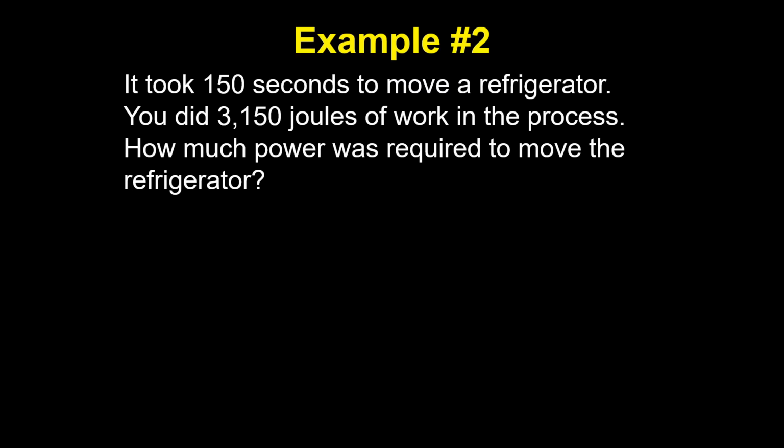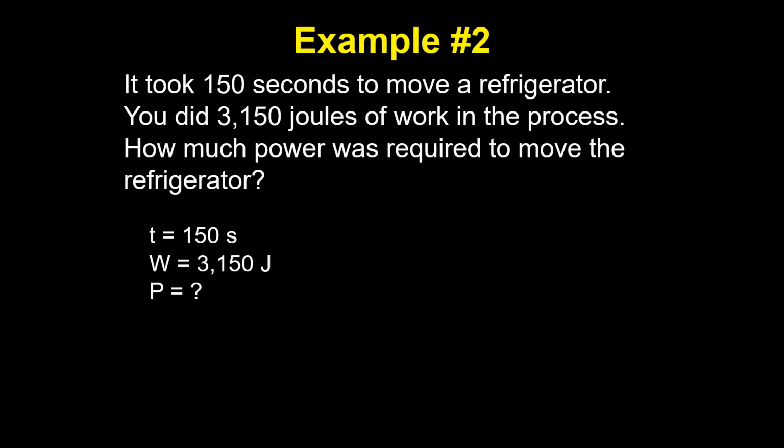So the very first thing we should do next is define what variables were given, and we know that it took 150 seconds. The next thing we should do is probably define what our work is, and our work is 3,150 joules in this problem. The next thing, we are looking for power, so not a bad idea to write that power equals question mark, because we don't know what it is just yet, but we're hopefully going to figure it